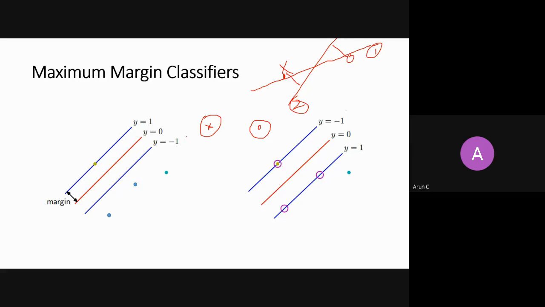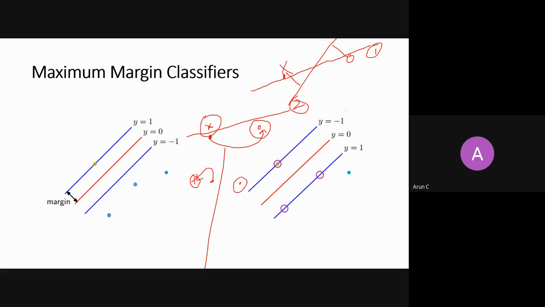So if you have a very small margin, the sample found here, you say that it belongs to this class, because the margin is small. But if the margin is high, then in this neighborhood, this point belongs to this class, which actually supports my intuition of distribution, because the neighborhood says that the likelihood is very high that the sample belongs to the cross class rather than the zero class, right? So this is a bit of intuition, and my generalization error will be reduced if I have the maximum margin.